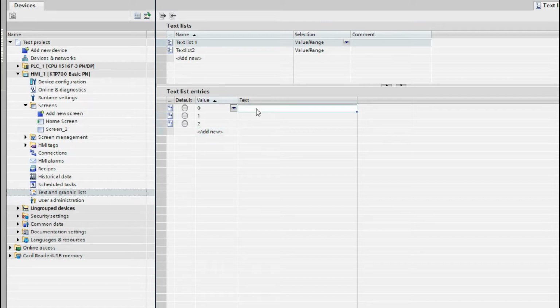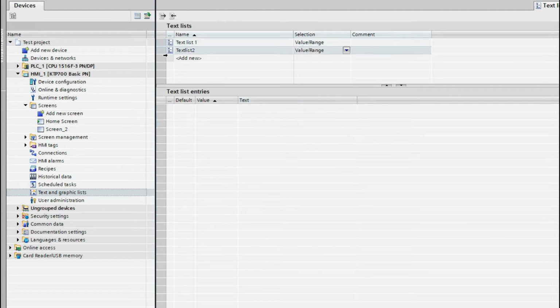2 like this. You can write the text against this integer value. That text is off, that means the integer value is 0. When the text value is on, the integer value is 1. Okay, you can rename it as fault or anything. For text list 2 we can choose the same way,